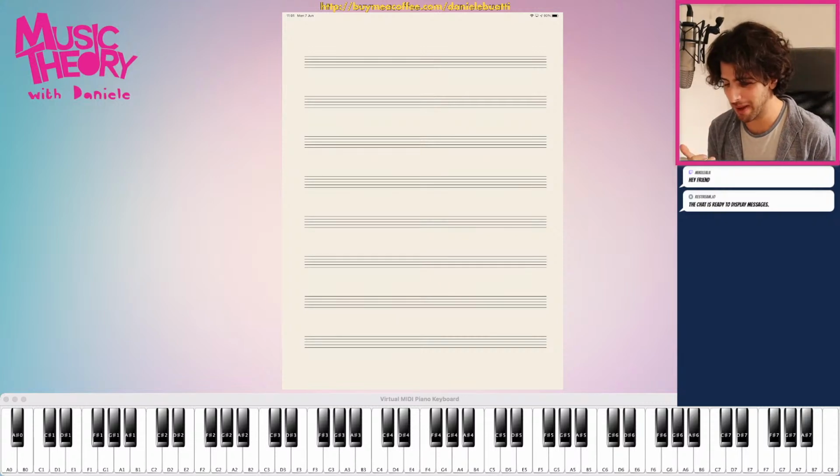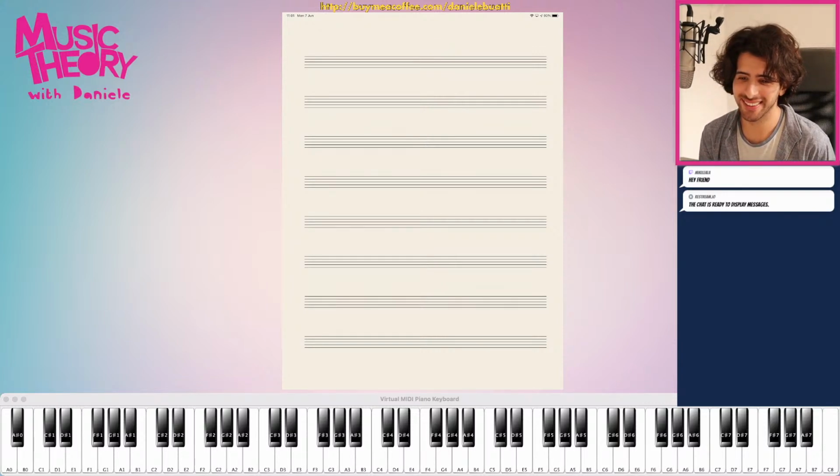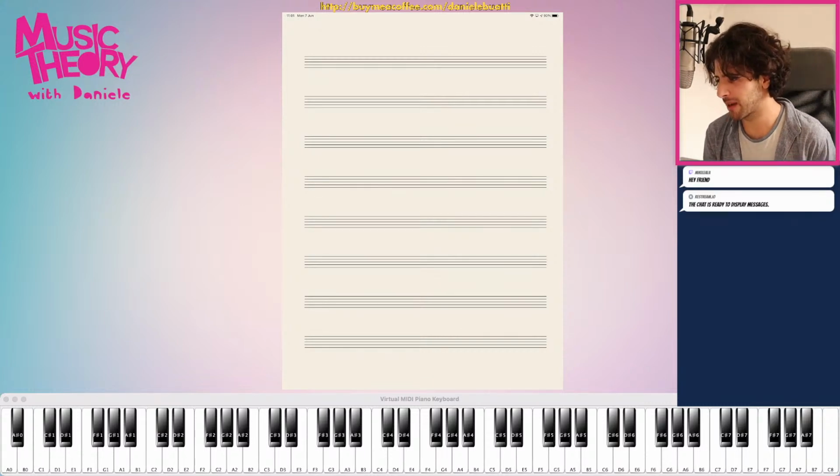So B is also a C flat major, F sharp is also G flat major, and C sharp is also D flat major. If you want to get into the semantics, sometimes those enharmonic equivalents will create different sounds depending on what instruments are playing them. But as far as the piano is concerned, it will sound the same. A C sharp will sound the same as D flat. Sometimes the string players playing a C sharp versus a D flat will be a bit different.